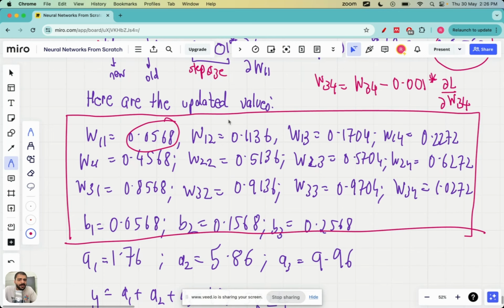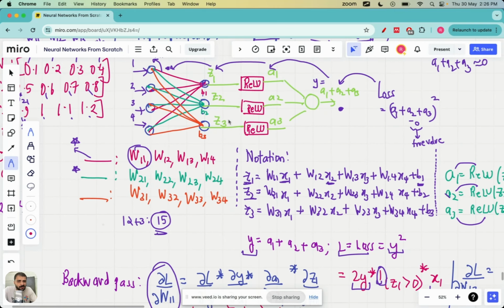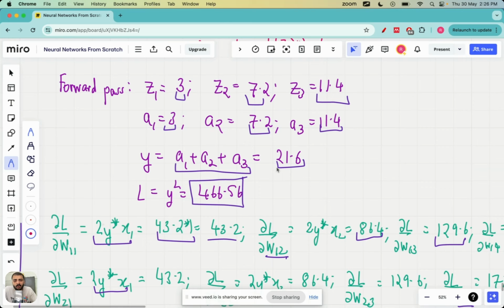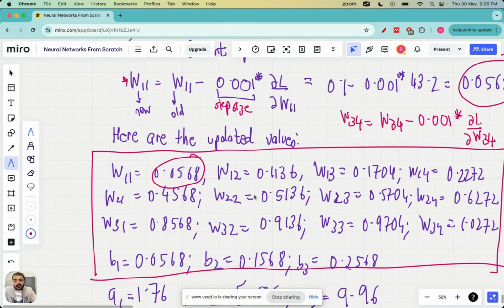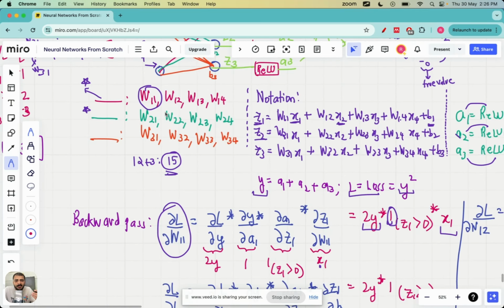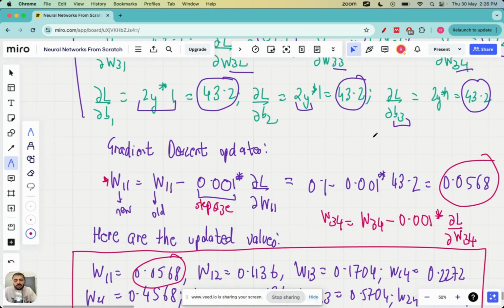Once we have the updated values, we can do a forward pass again and check the new loss value, and whether it is less than the original loss. So the original loss was 466.56, right? Now let us look at the new loss value. When you find Z1, Z2, Z3 and A1, A2, A3 for these updated values of weights and